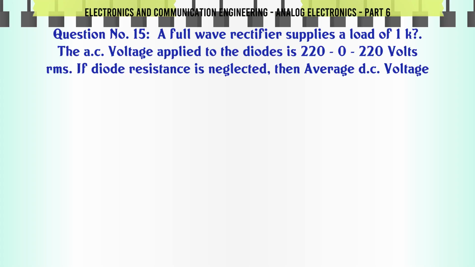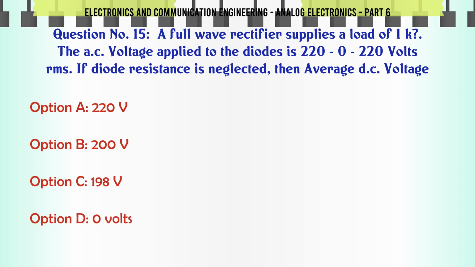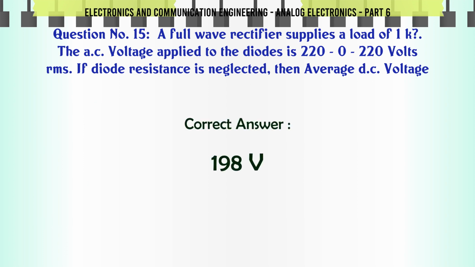A full wave rectifier supplies a load of 1K. The AC voltage applied to the diodes is 220 volts RMS. If diode resistance is neglected, then average DC voltage is A. 220 V, B. 200 V, C. 198 V, D. 0 volts. The correct answer is